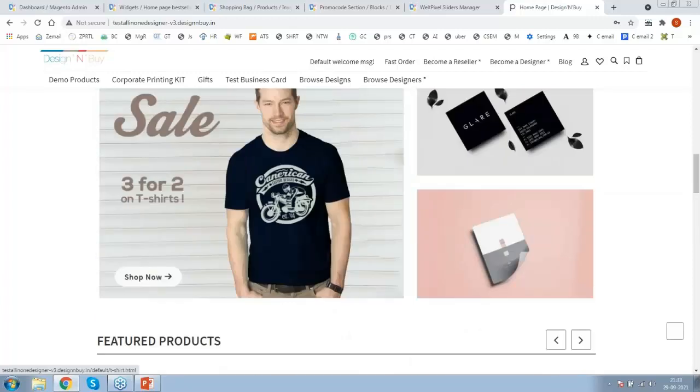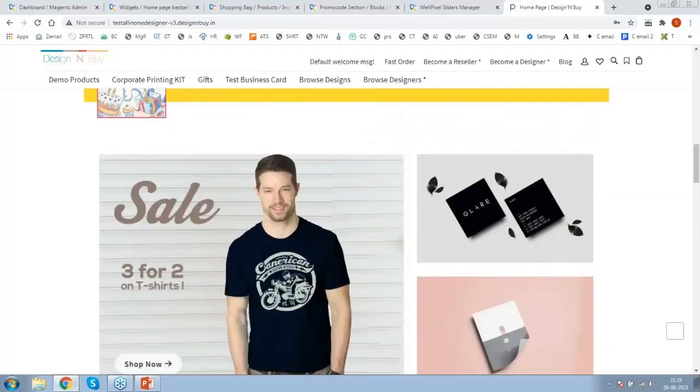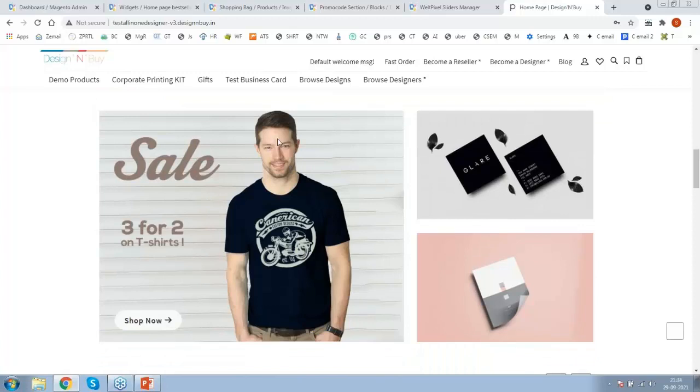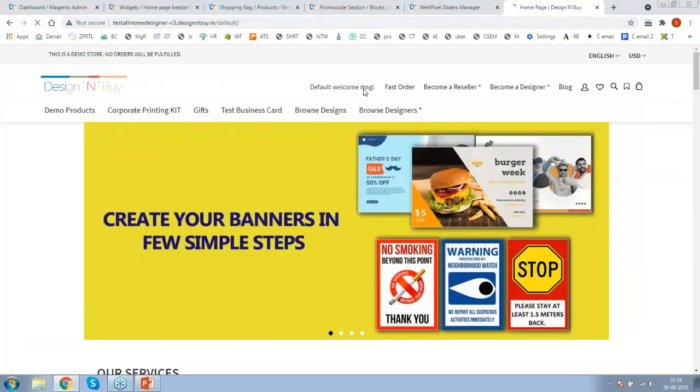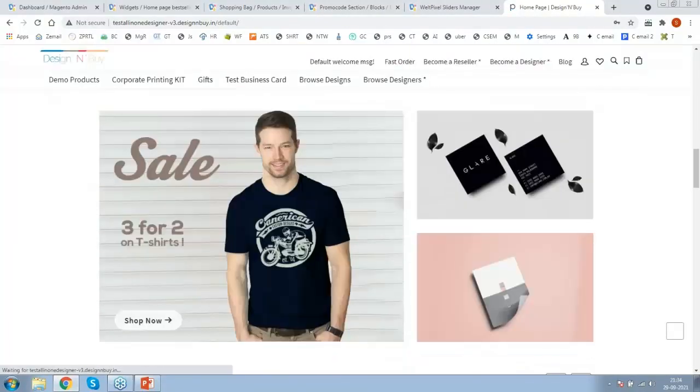Now one more thing, we can see there is one more block, that is home 3 box. Right now I'm seeing this guy and one business card, and there is one flyer. These 3 images we can manage from the backend, and easily we can change this image as well as this shop now link. Right now it is routing nowhere because I'm not sure. See, right now there is no link, so it's not getting routed properly, but we can manage it and we can redirect this link to a specific CMS page or CMS content, or let's say a category page.